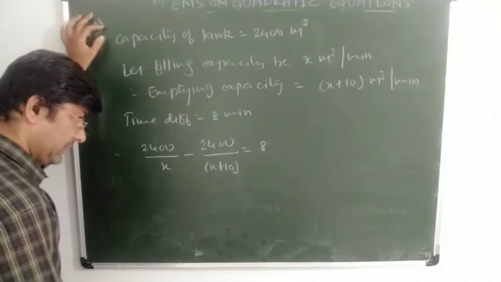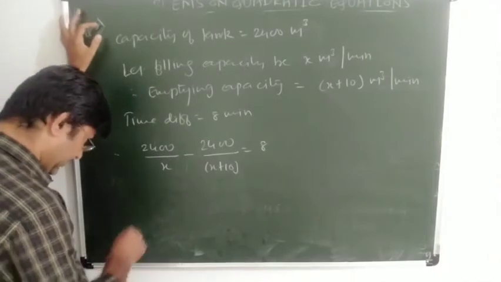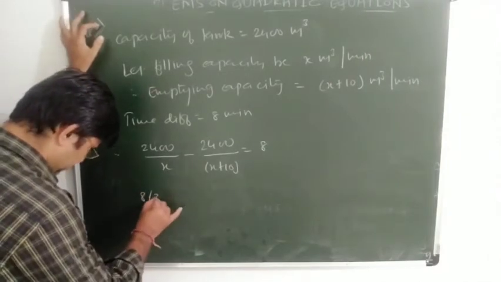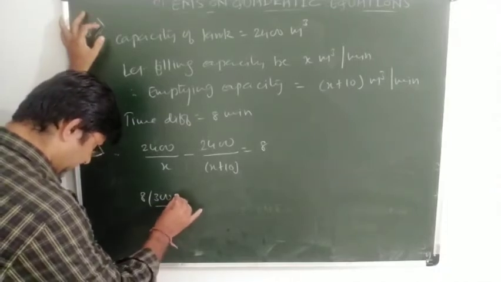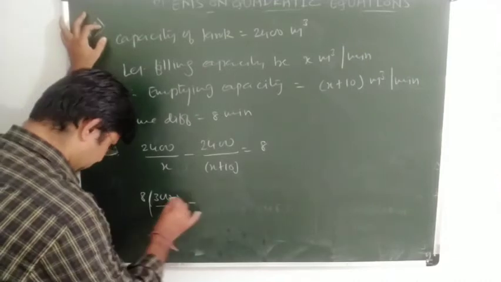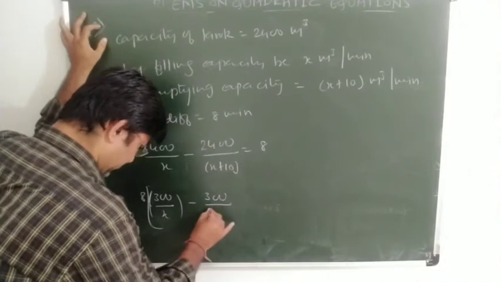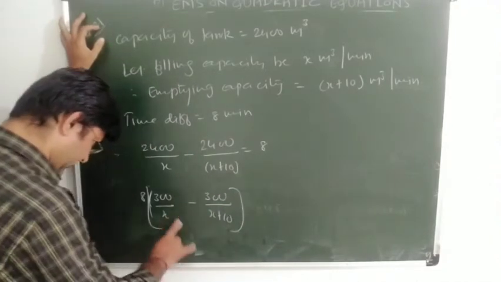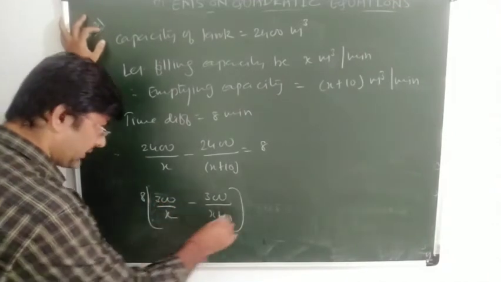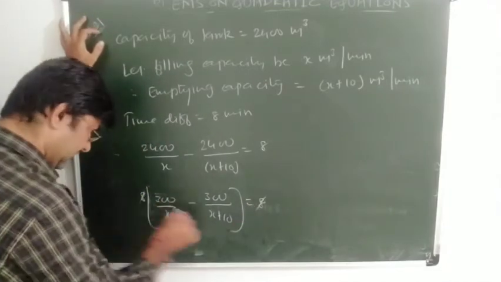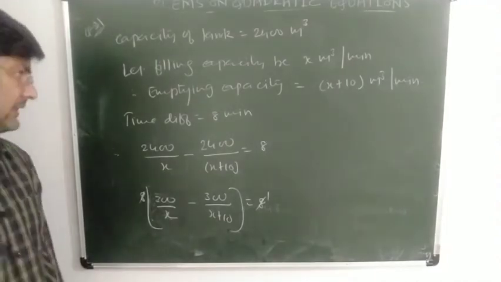Okay, here you can do one thing. We can reduce this 8 first. How? You can take 8 common. So 300 upon x, we can write in this way, minus, 8 from both the terms we can take common, so 300 upon x plus 10. Here in this way you can write. So first we will reduce this 8 on both the sides. 8 ones are 8. Yes or no? This 8 will go in the denominator, so it will get cancelled.